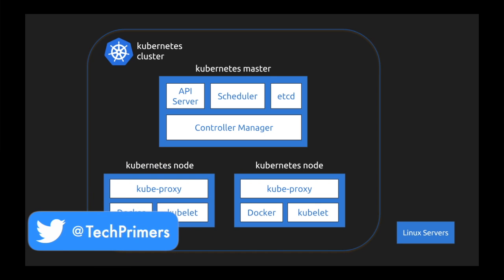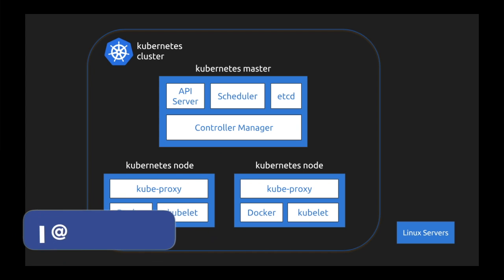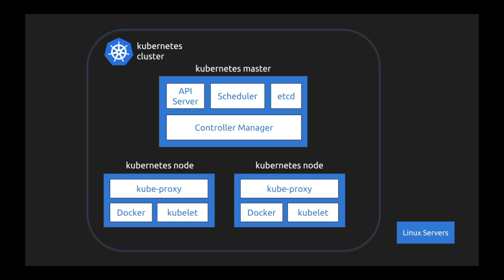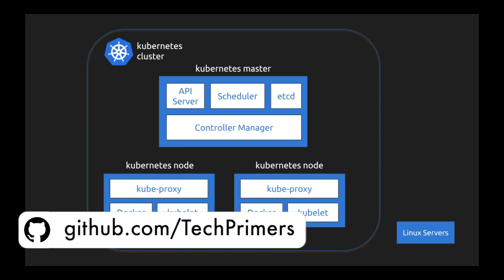I hope you guys got a basic understanding of how a Kubernetes cluster looks. In the next video, we will understand what a deployment and a service are inside a Kubernetes cluster, because it's not that simple to deploy an application and then access it with the master slave architecture. So you need to deploy something called a service in order to access your deployment. So we will look at that in the next video.